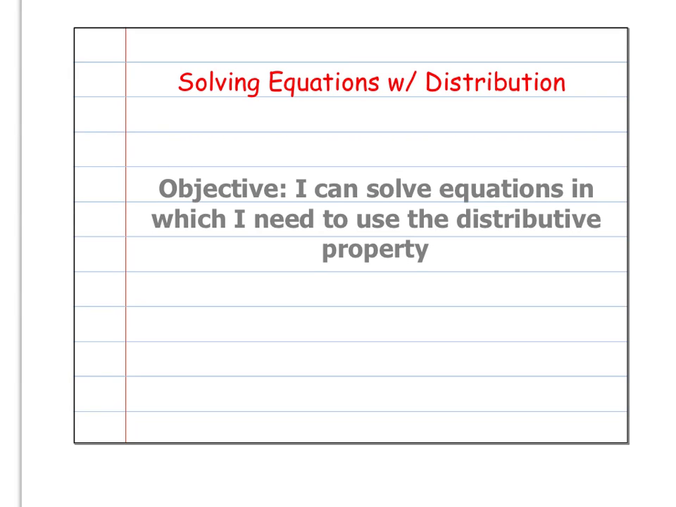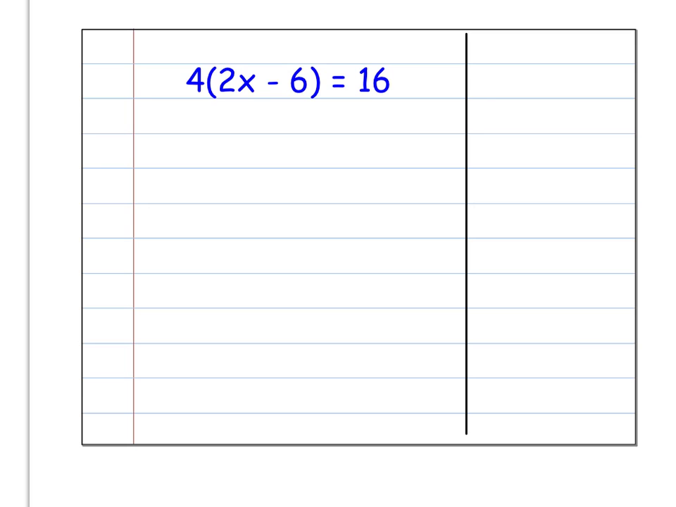Today the objective is to solve equations in which I need to use the distributive property. In class we've been solving equations and then we talked about using the distributive property, and we are going to put those two together. Here's the first example. We can tell that we need to use the distributive property because of the parentheses and